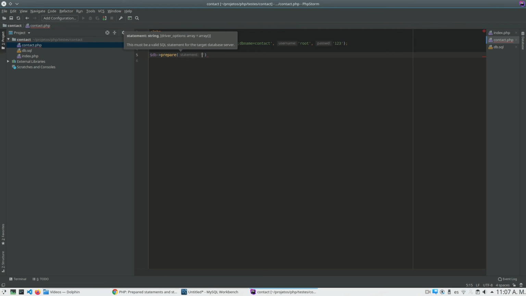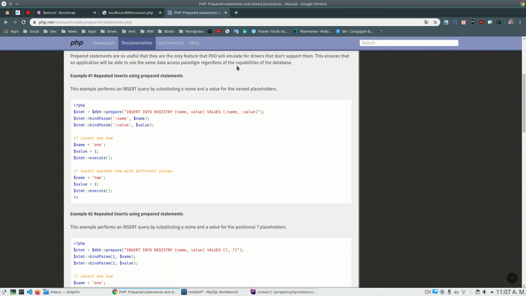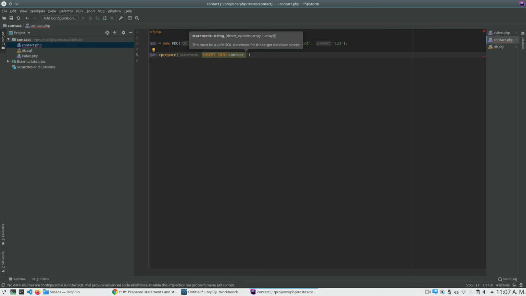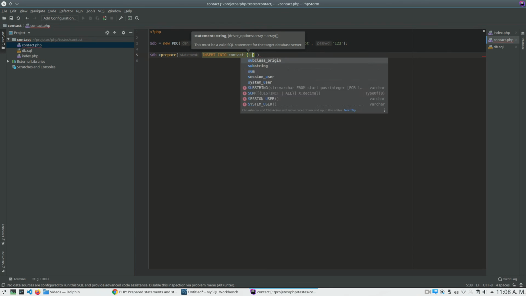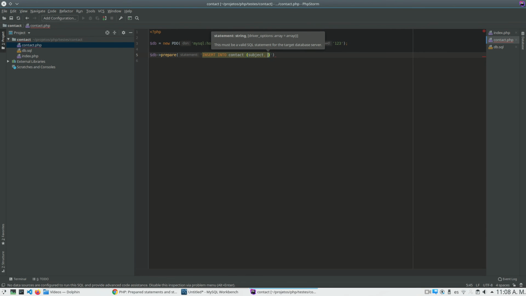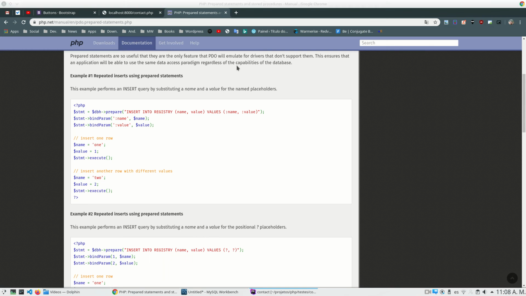I will do an insert into the contact table, and here I have my columns, and after that my values. So I will put inside subject, mail and message, and here I will have my values, and inside this I will have this